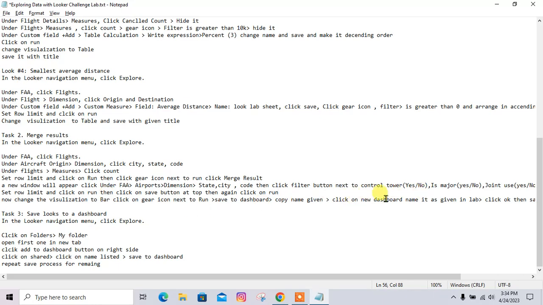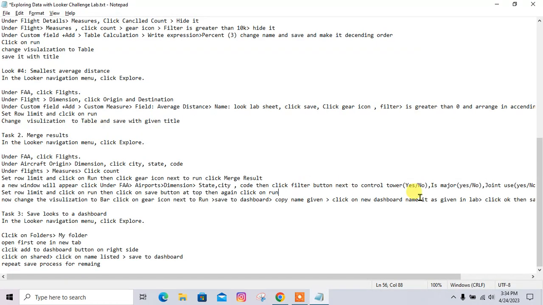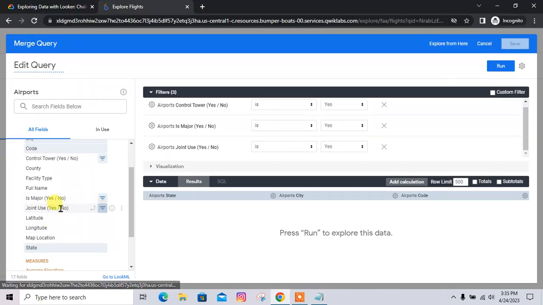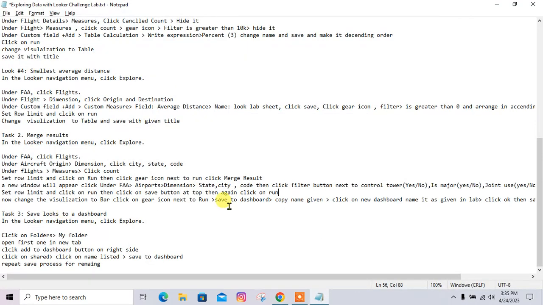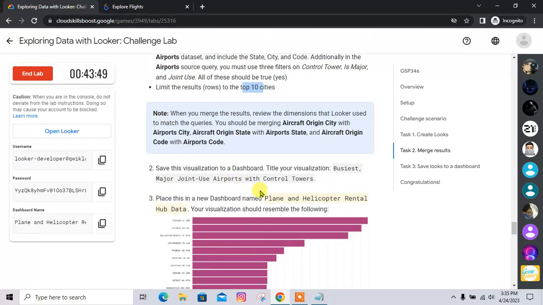Next to control tower is measure and joint use. So just click the filter button at this control tower is measure and joint use, and that's it. Then after that, we have to set the row limit,